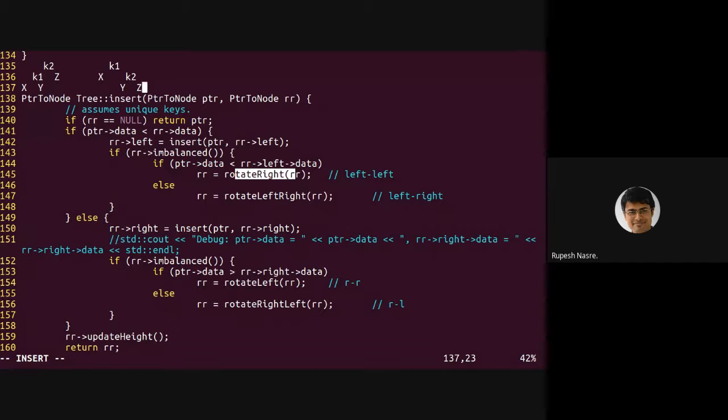And that X, although I have drawn it above, actually has one larger height compared to Y and Z, and therefore it's actually going to be at the same level as Y and Z. I hope that is understood. In a similar manner, X was adding imbalance here, so it's actually one level below Y. I hope you are able to see that. If there are any questions, please feel free to ask.